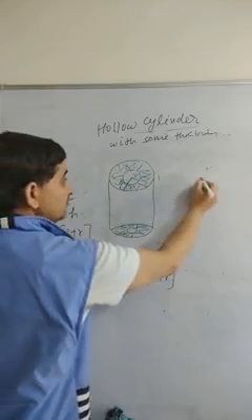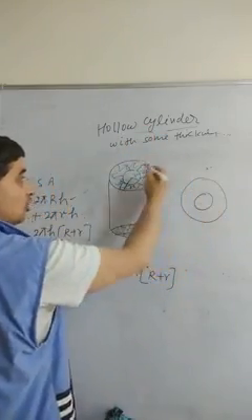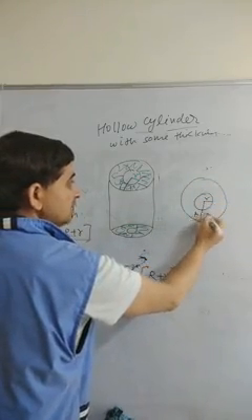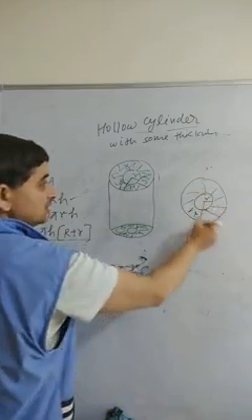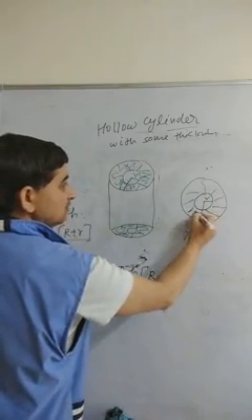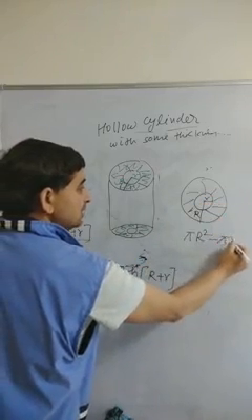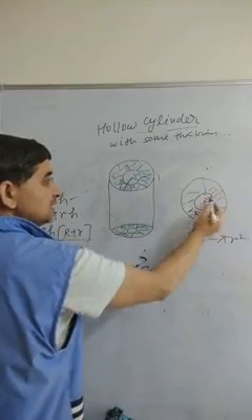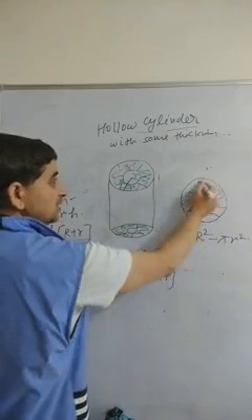Now this part, if I draw it, it will be somewhat like this. It is its top view. If you look at it from the top, you will see it somewhat like this. So this is small r, this is capital R. If you are asked to find the area of this part, the area will be the area of this whole circle, that is pi capital R square, minus pi small r square. From this whole circle you subtract the area of the hollow part. So this will give you the area of the rest of the figure.